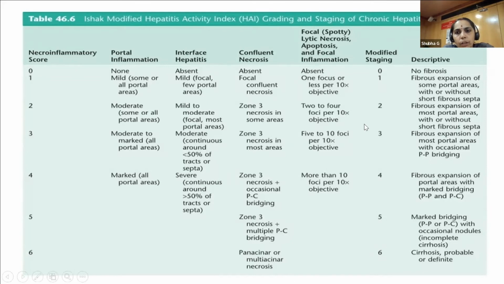And there's a separate scoring for fibrosis, which is scored from 0 to 6 based on whether there is just fibrous expansion of portal tracts, or there are portoportal bridging, portocentral bridging, or there is incomplete nodule formation or complete nodule formation. So whenever we get a biopsy for chronic hepatitis, we give the Ishak's modified HAI scoring, which gives the clinician a good understanding of how the patient is responding to therapy and how they should take forward the